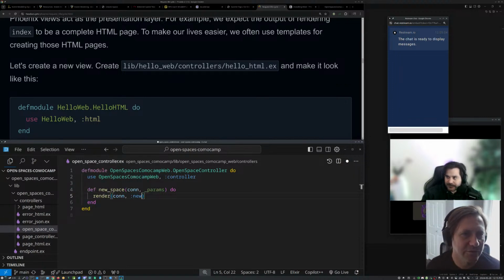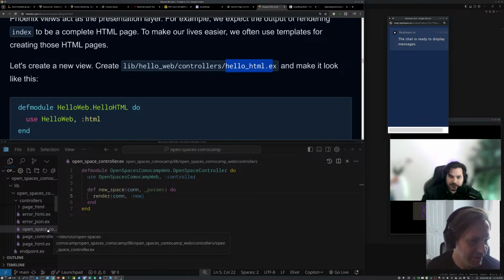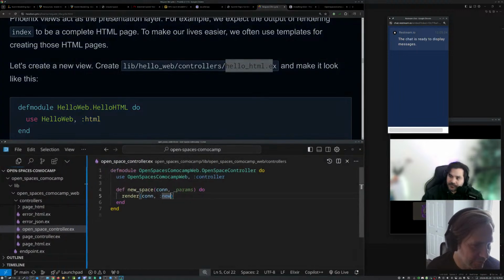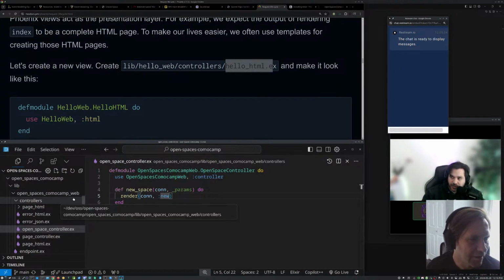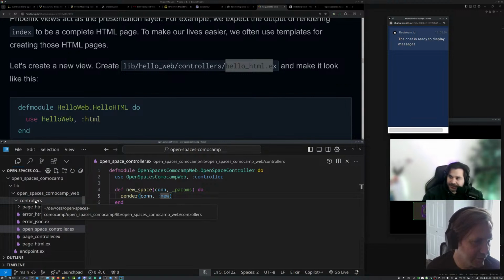Hello controllers. So now we do the hello HTML thing, which is not going to be hello, but it's still under controllers. That's nice, because I have this HTML underscore for the view. Right, because you could have multiple views of a given response. Yeah, you could have JSON or HTML.